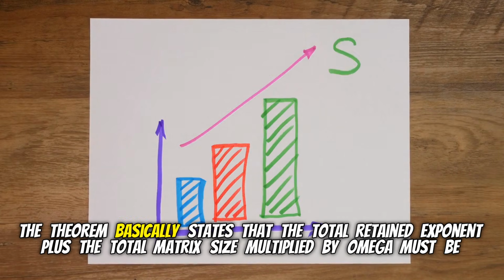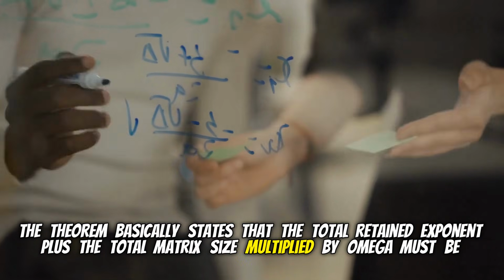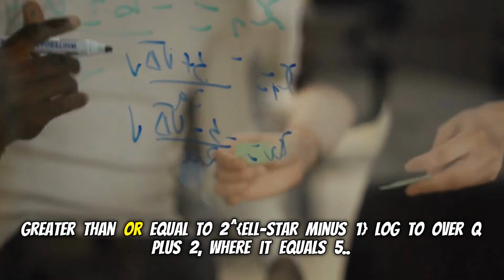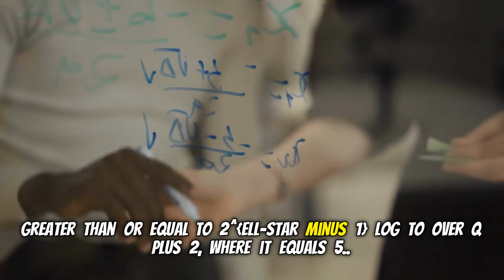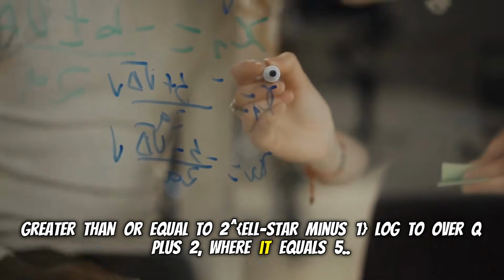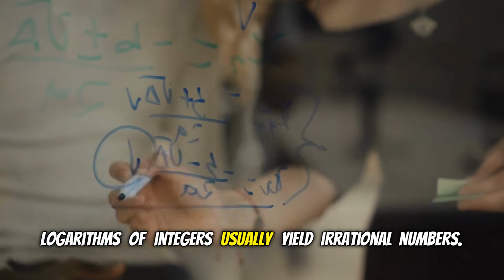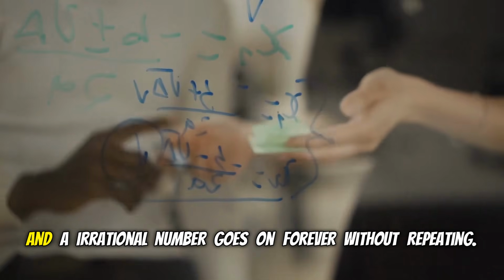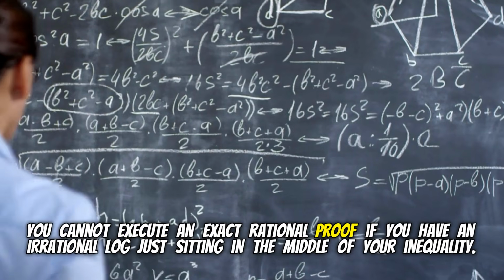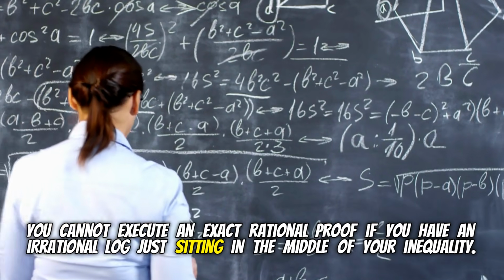The theorem basically states that the total retained exponent plus the total matrix size multiplied by omega must be greater than or equal to 21 log 12 over c plus 2. Okay, wait. We have a logarithm in the formula. Logarithms of integers usually yield irrational numbers. Right. And an irrational number goes on forever without repeating. You cannot execute an exact rational proof if you have an irrational log just sitting in the middle of your